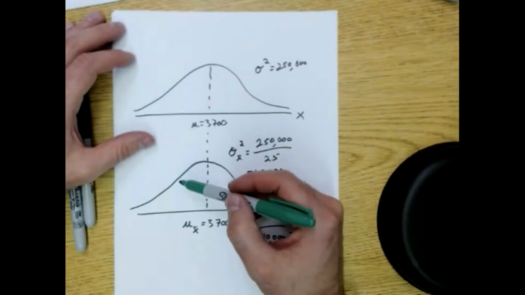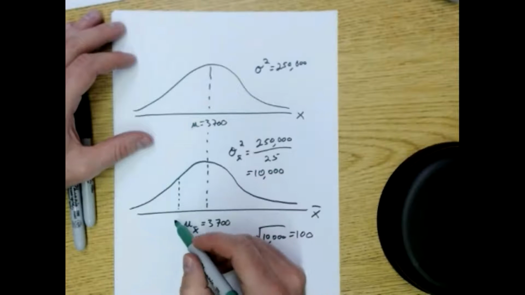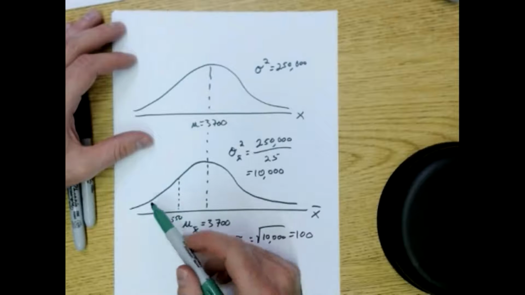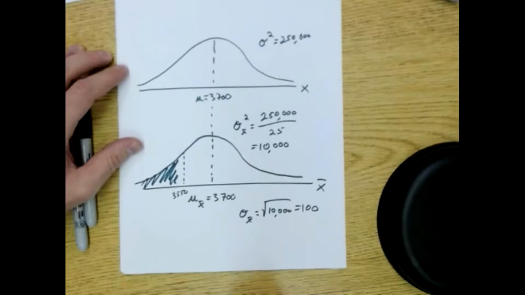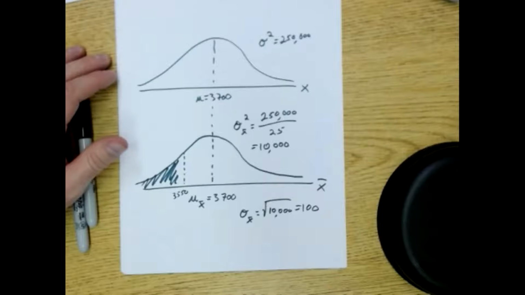So we're thinking about what's the probability that I see a sample mean be less than 3,550. Okay. Well, if we go to the formula sheet,